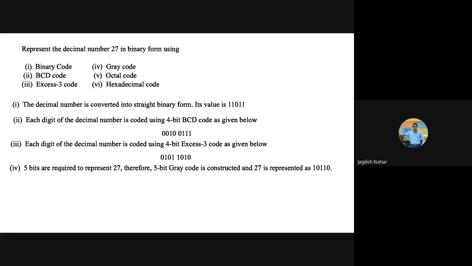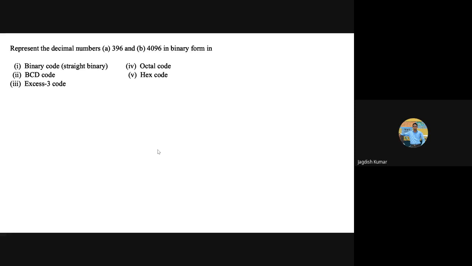I'm sure you have now understood how to write down gray code. So this is okay. Similarly, you can write down octal code for the same, and you can also write down hexadecimal code for the same. These are two numbers I give you as homework. You have to convert these two decimal numbers to the respective codes, and some you can do just now very quickly.